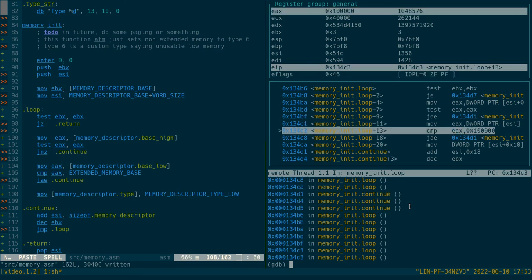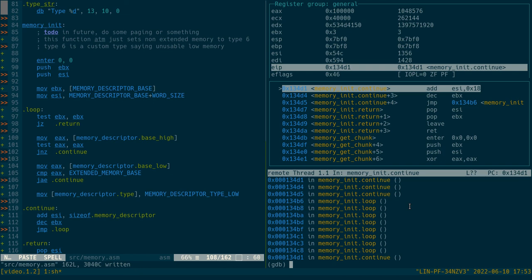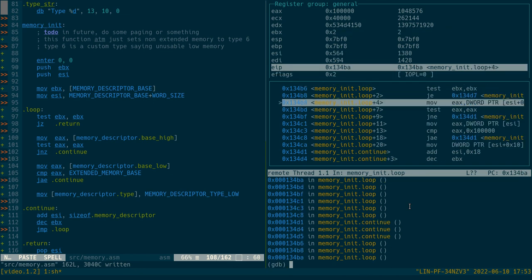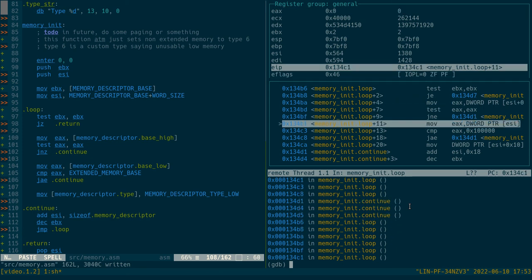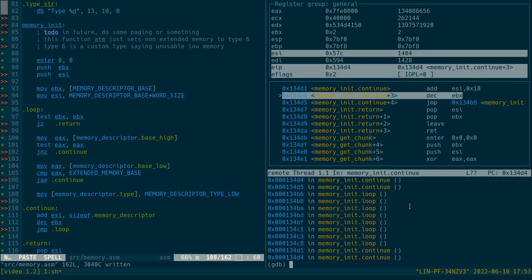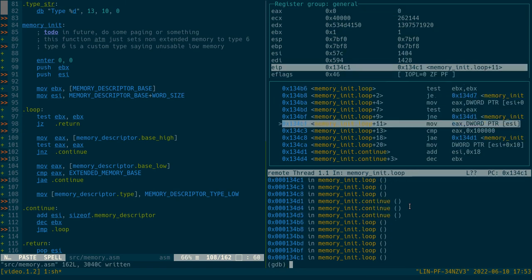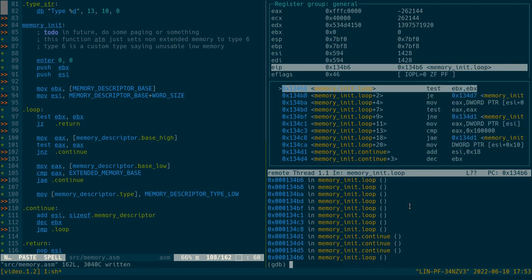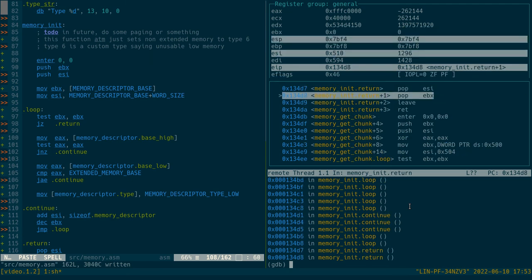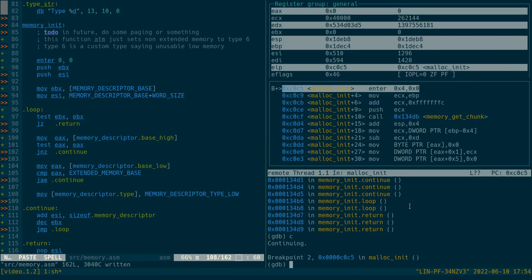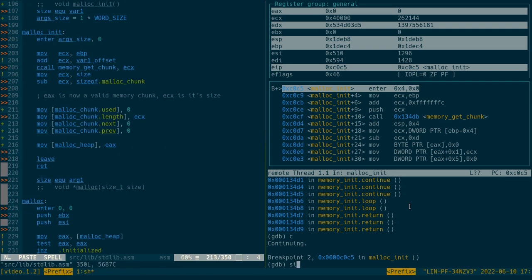This one is now on the high, so that should just skip to that. And EBX is 2, and so we should have a couple more. This one is also high, so we'll leave it untouched, and this one is also high, so we'll leave it untouched, and then we've run out, so we'll return. That looks good, and we pop everything. Right, so now if we look at the malloc init,